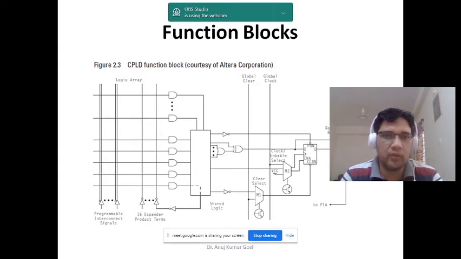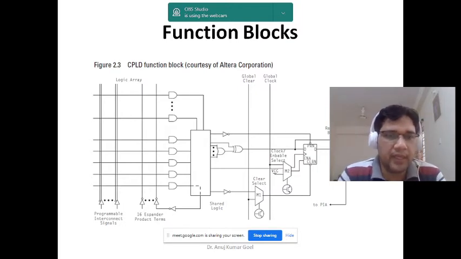So first of all, as you know, a functional block in itself consists of different PALs, programmable array logics. And in a PAL, what are the two planes? The first plane is the AND plane and the second plane is the OR plane. So as you see on the left hand side, first of all a matrix is there, with rows and different wire connections, and these wires are first connected to AND gates because it is the AND plane. In PAL, inputs are connected to the AND plane.